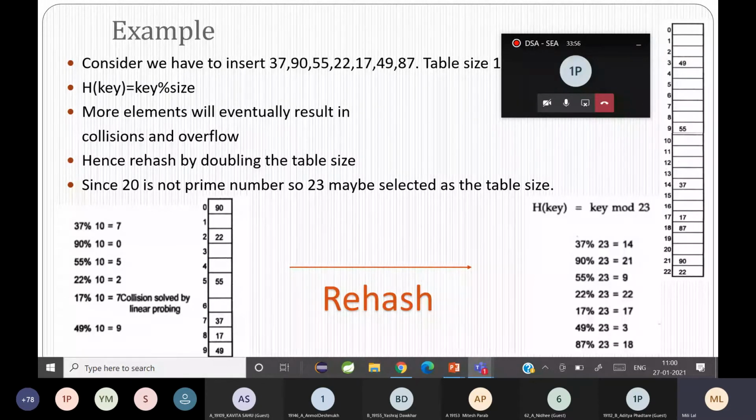So you can see 37 modulo 23 gives you 14. So 37 is placed at 14 and there is no collision occurring also. Yes, so that's how a rehashing is done. Is it clear? Have you all understood the example? And this is a very small example, but there can be cases when they give you more keys than the size of the bucket. So that time you have to do a rehashing. Is it clear?